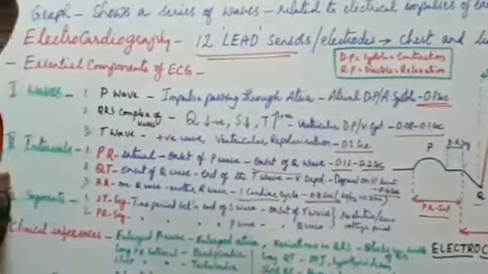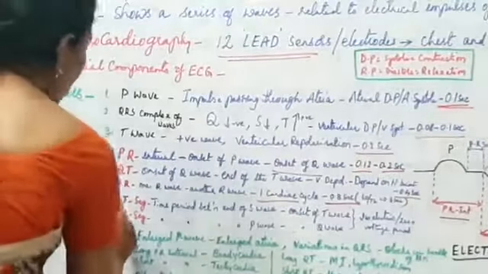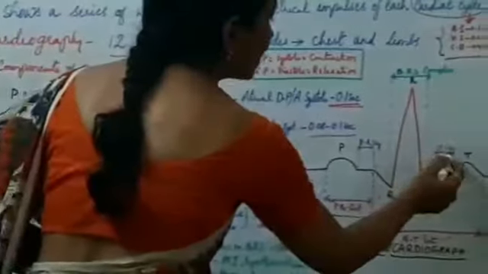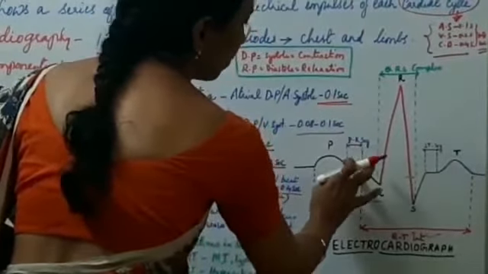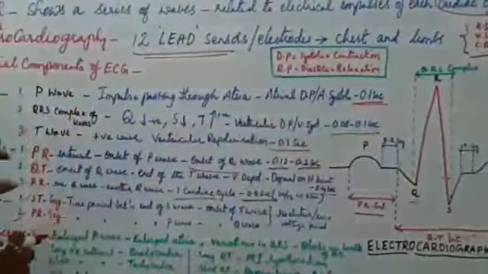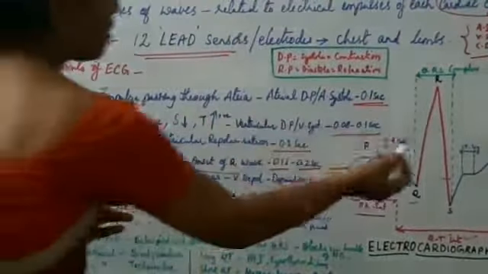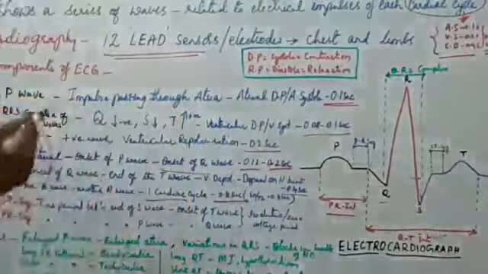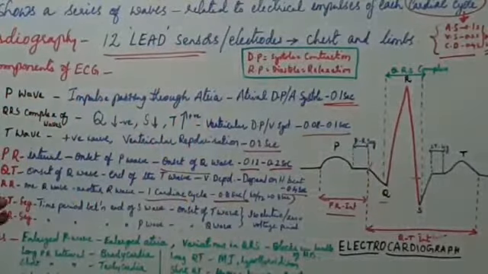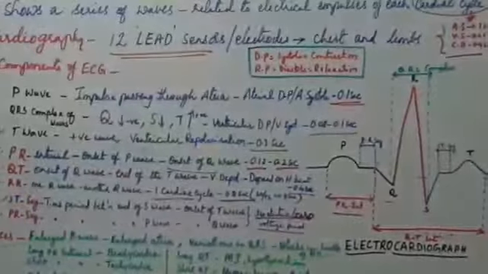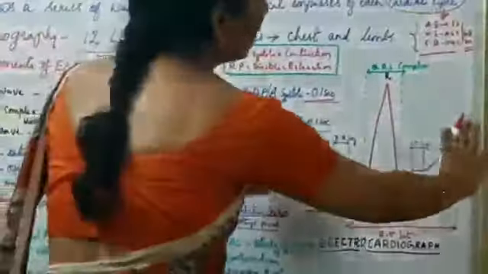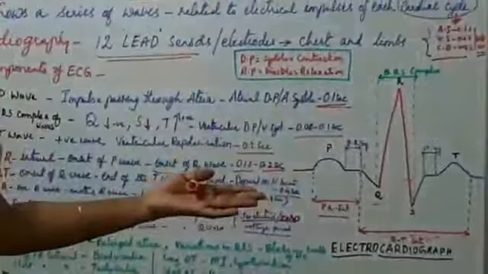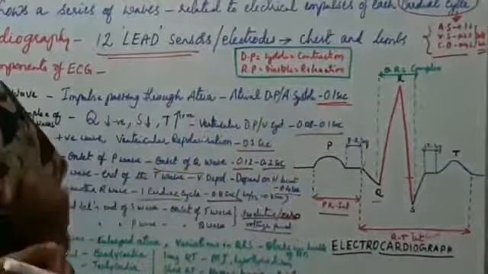Okay, next we'll come to the segments. These segments are two, the ST segment and the PR segment. If you observe here, this is the ST segment and this is the PR segment. These segments show a time period between the S wave and T wave, and between the P wave and Q wave. Those two are called isoelectrical or zero voltage segments. This is called a typical electrocardiograph. If there are any deviations or abnormalities in the waves, we can identify the disorders.